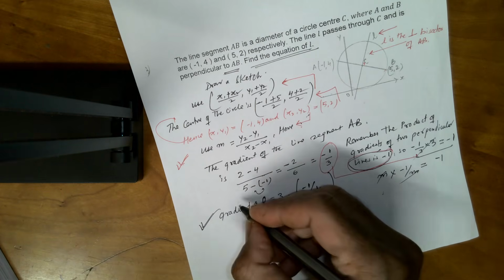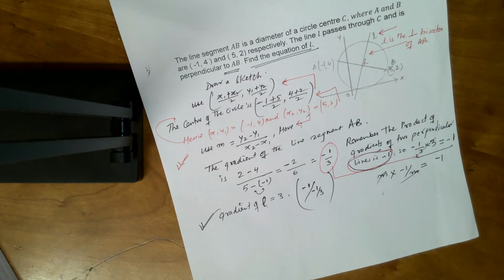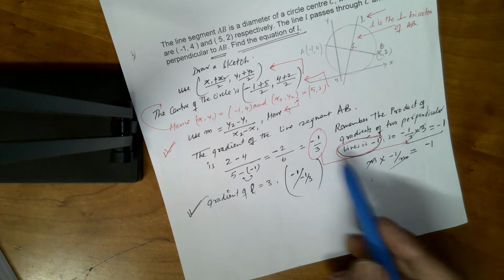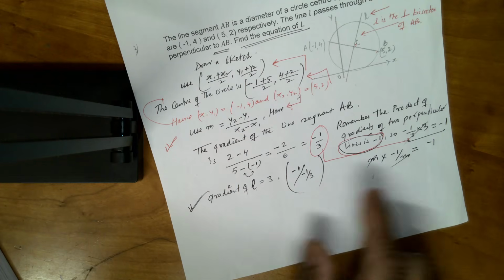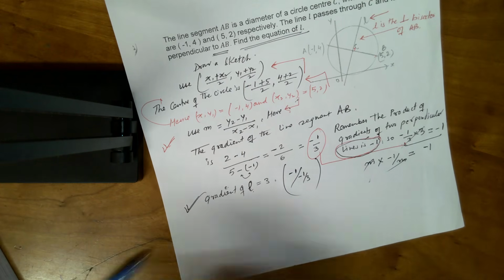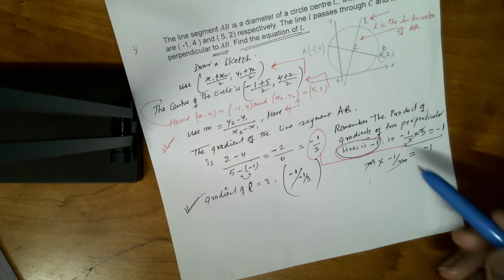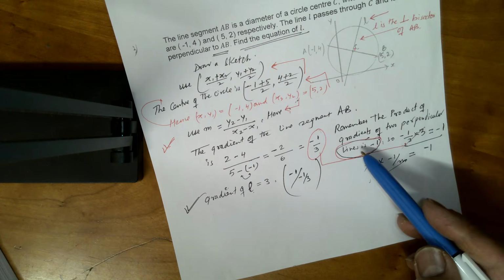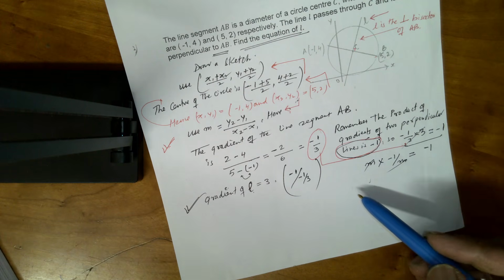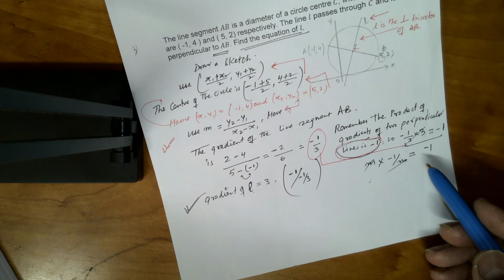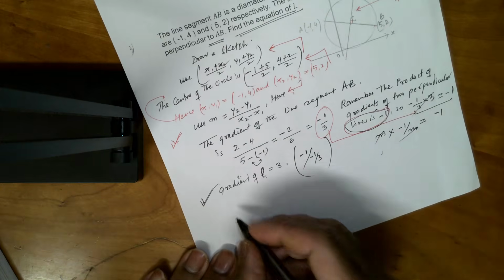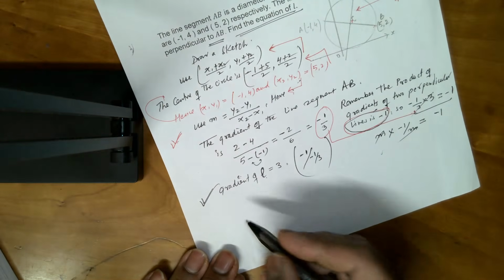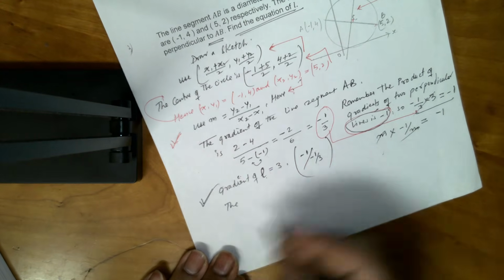But as I said, watch my previous videos. I think I have explained enough here. Let's move on now. With this, we also got here gradients, and also the product of the gradients of perpendicular lines is -1. So remember that. Now what we need to do is find the equation of L. So with the help of all of this,